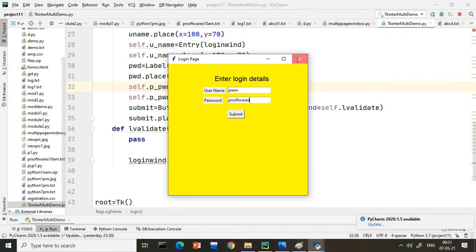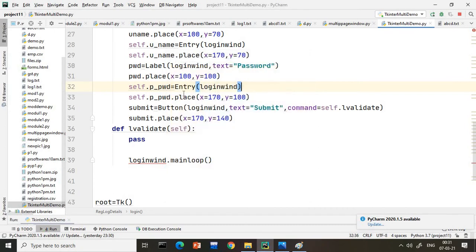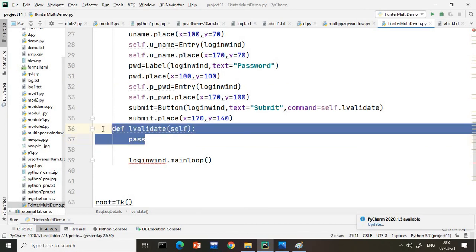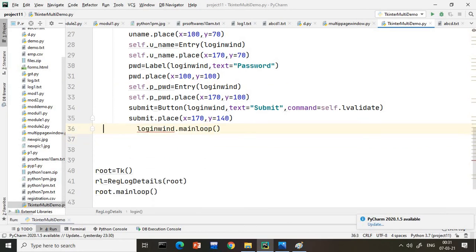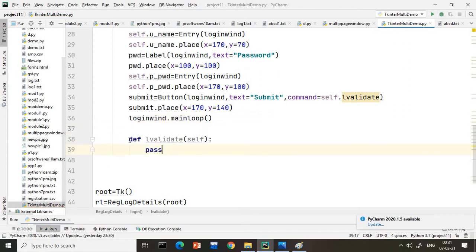Why? Because this data is not going anywhere. So what I need to do is, when I click, this data should come into my validation page. One thing I missed here is I should create my function after this one. Make sure it is on the balanced side, because your function starts from this line, so I'm writing here. Now in the function, this data I want to call here.